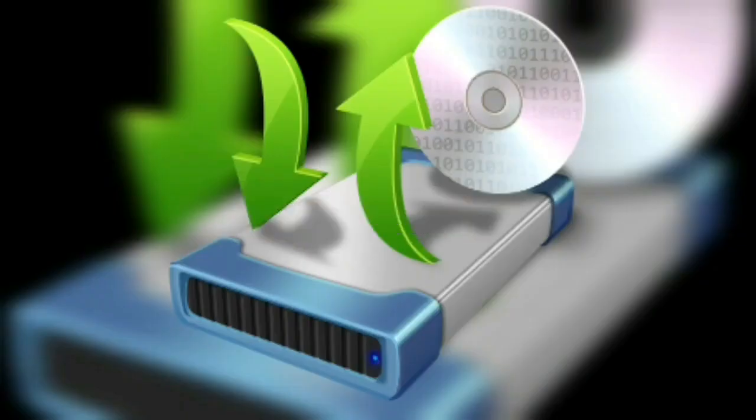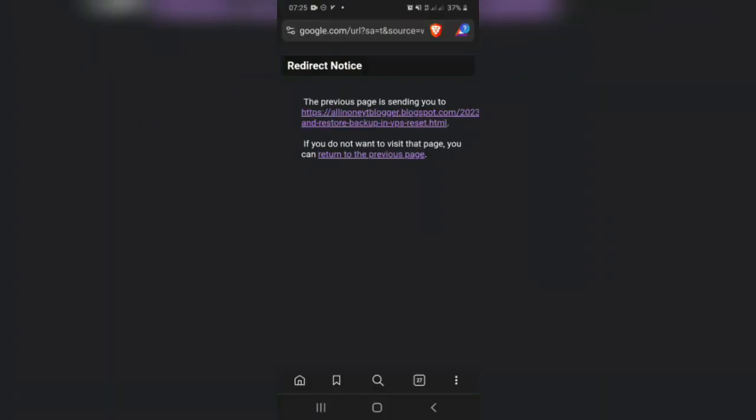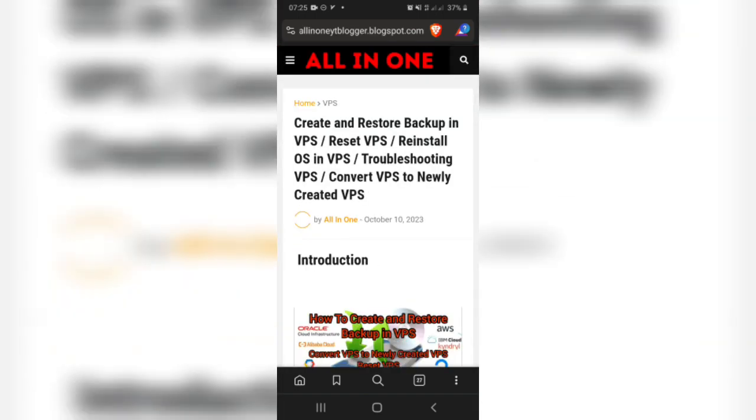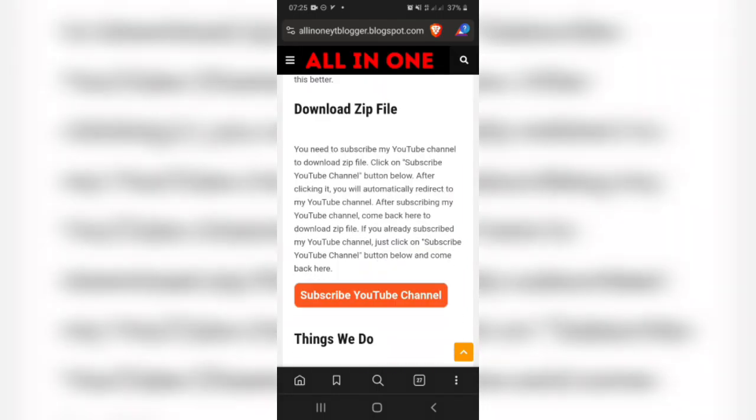My method. First you need to download zip file. This zip file contains files that used in this video. You can find zip file link in description. After you click on the download zip file of script link, you can see page like this. Click on link in the page. Now scroll down and you can see download zip file topic.